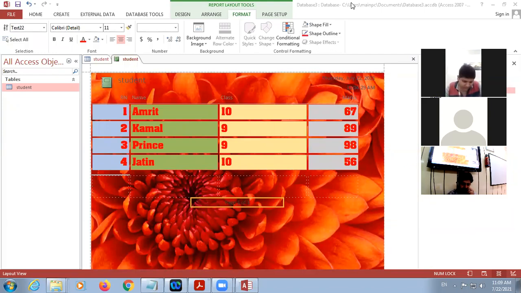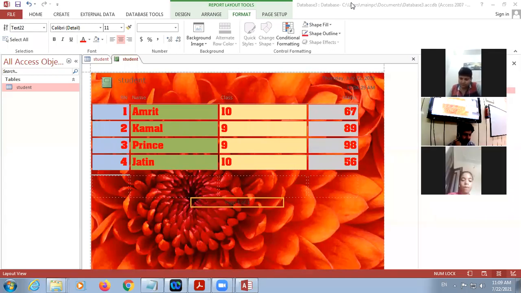Different parts of the query window are: field, table, show, sort, criteria. And these are in a design grid, okay? Because we know there are two parts of your query window. One portion is for tables, different tables, and the second portion is for setting your query.